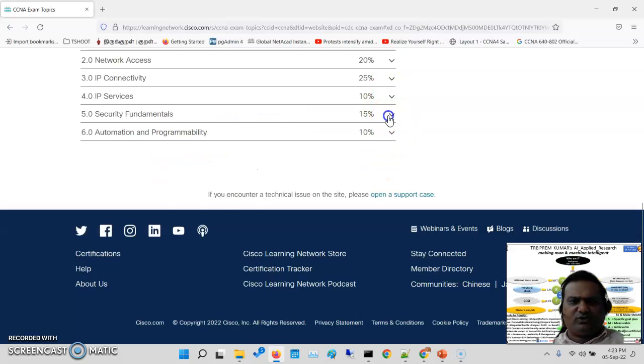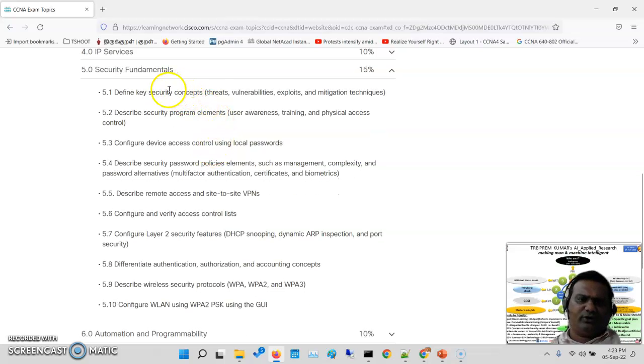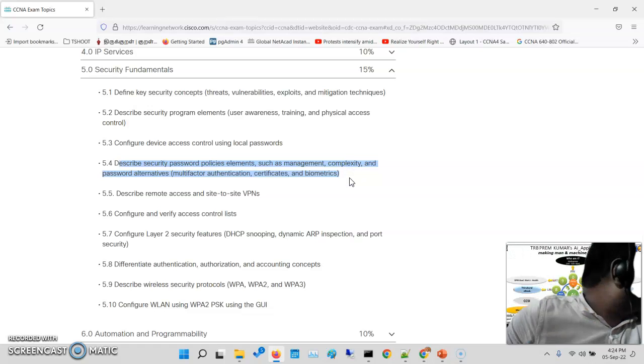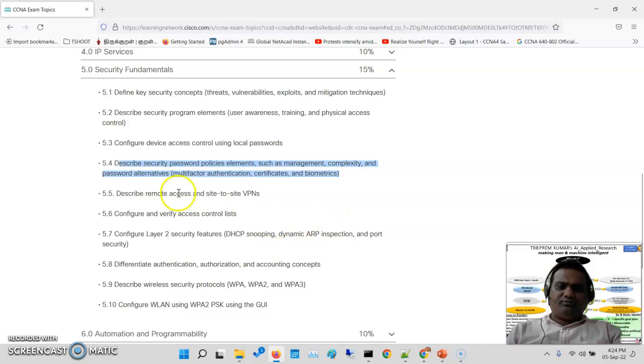After that, we'll be seeing some security fundamentals. So what are the security key concepts, what is the user awareness program, user awareness and training, and physical control, local control like access control using local passwords. Describe security password elements such as management, complexity, and password alternatives. Describe remote access and site-to-site VPN, configure and verify access control lists, DHCP snooping and dynamic ARP inspection,